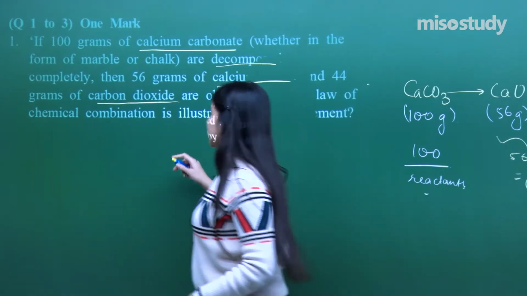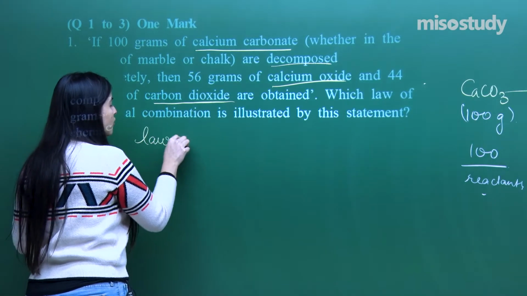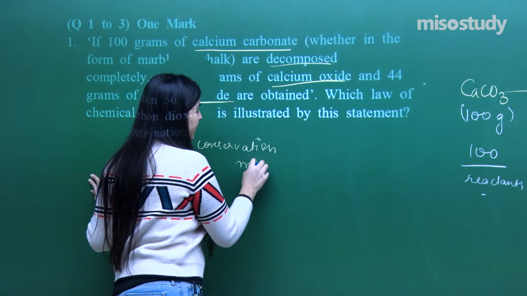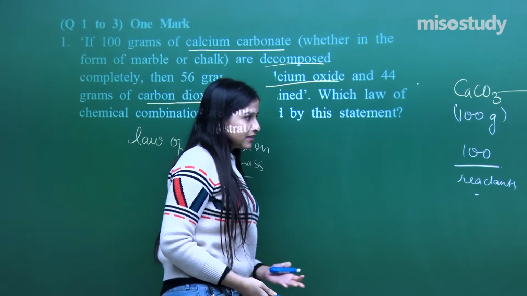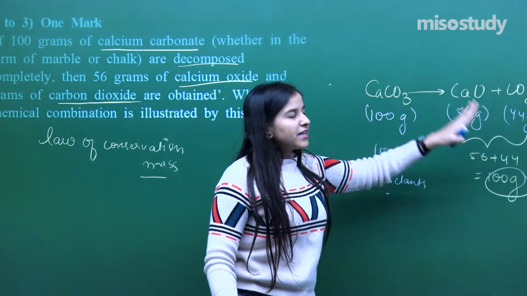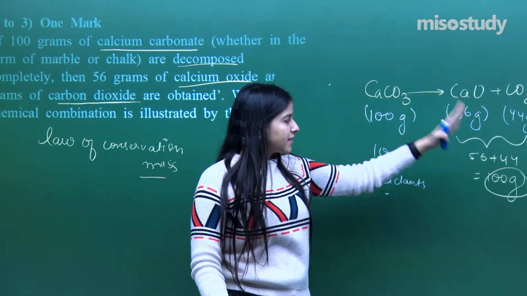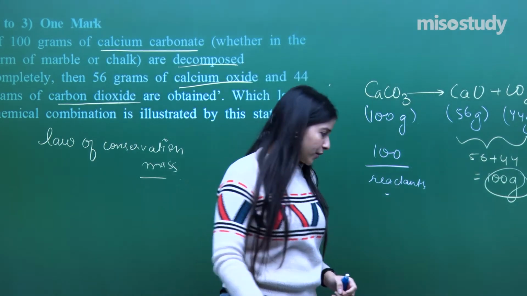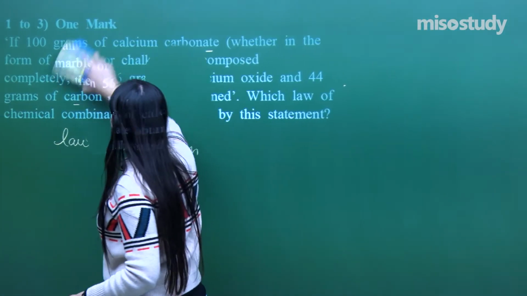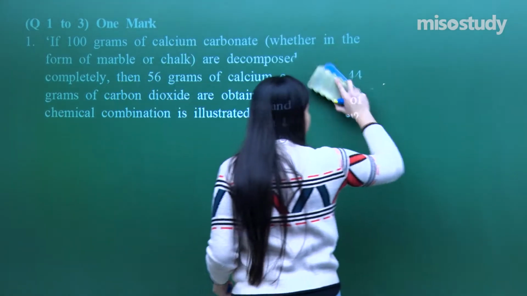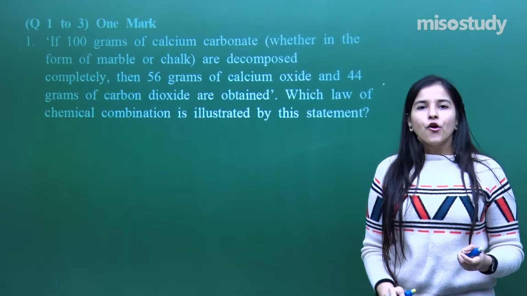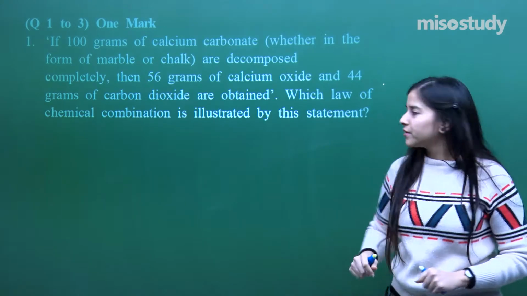Can you tell me? Yes, I have told you already. Law of conservation of mass. So what can I say over here? That mass is neither created nor destroyed. It can just be transformed from one form to another. That is how it proves the entire reaction. Cool? Now this was question number 1 which we had. As I told you, this is a 1 mark question, so you need only one statement that this depicts the law of conservation of mass, or that the mass is conserved in the entire reaction. That is how you will have to write.